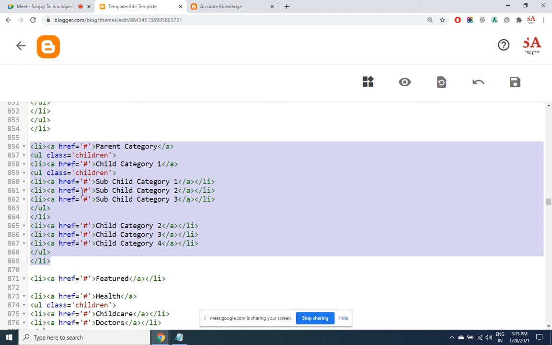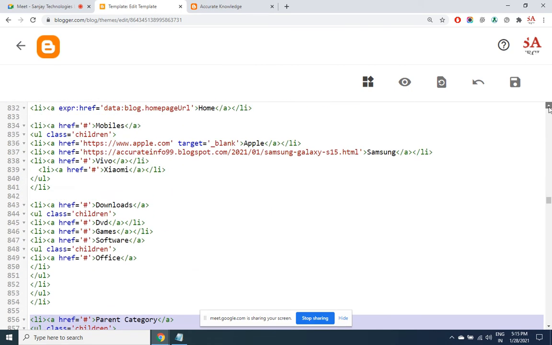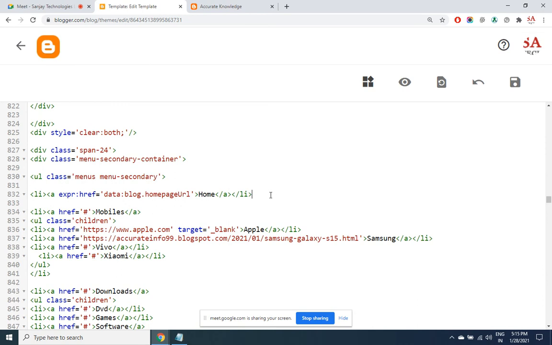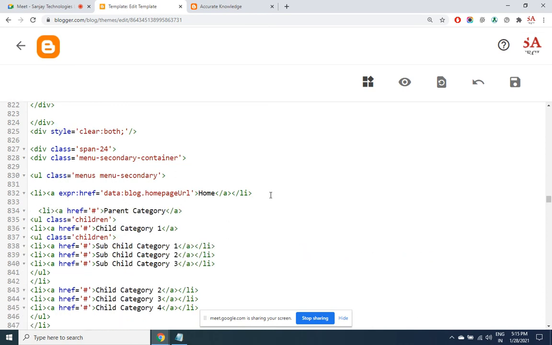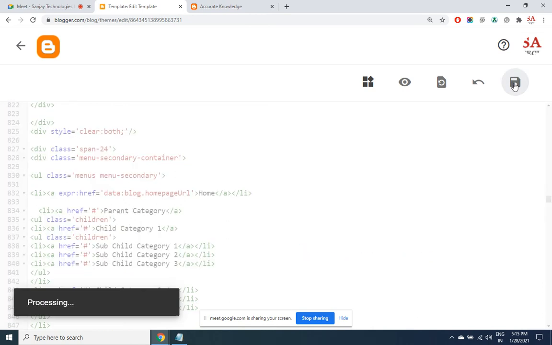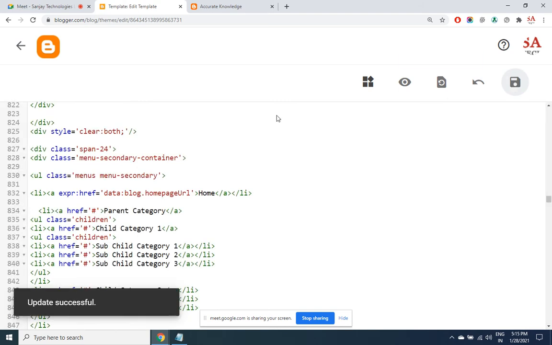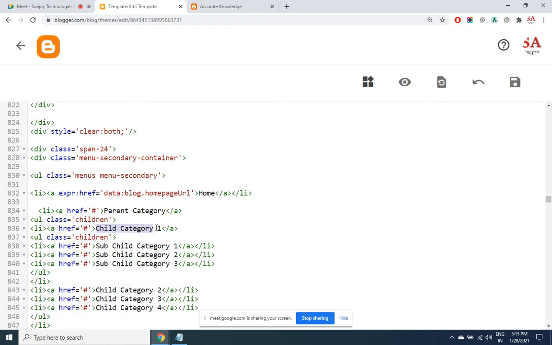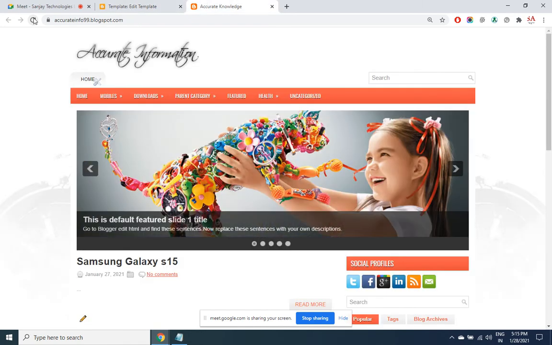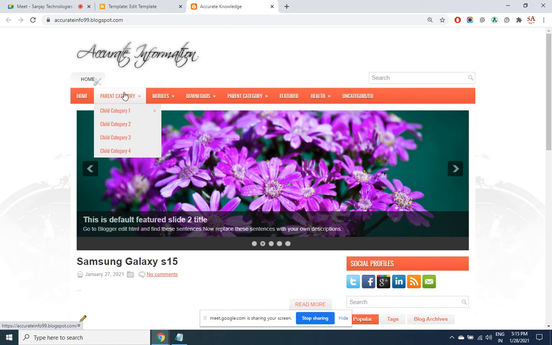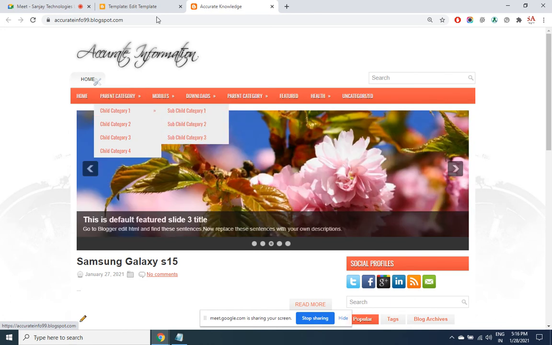So I copy this entire set of lines of code and place it right after home. Click on save. Let's say this one I want as Samsung. Firstly, let's see whether we have got an extra menu item. Yes, we have. This is the way you can add more items in the menu. So here I want Samsung S1, S2, S3, let's say.